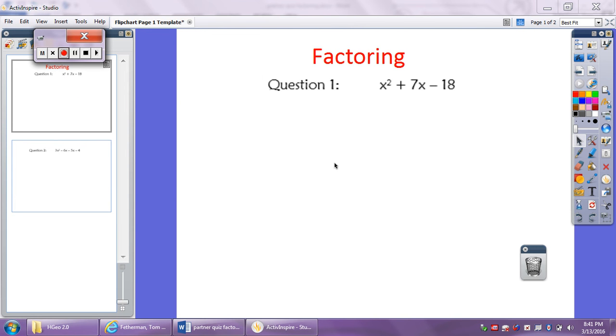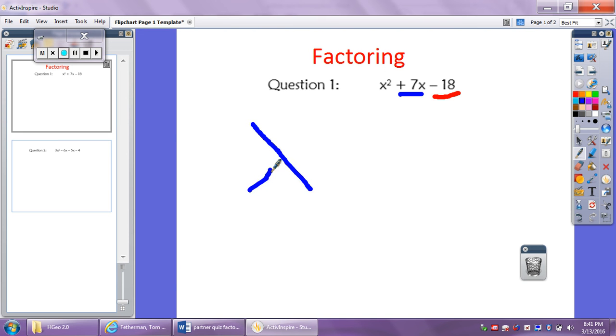So we've been talking about factoring. We're going to throw in one new step for you guys in factoring to ensure that you always get the correct answer. So when we look at this first example, it's x squared plus 7x minus 18. We know we need the factors that multiply to give us negative 18, and add to give us the negative 7. So what we're going to do is we can draw an x over here,